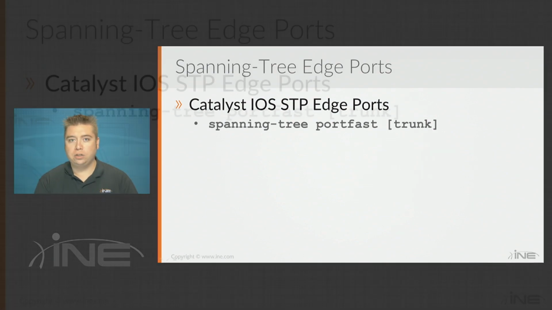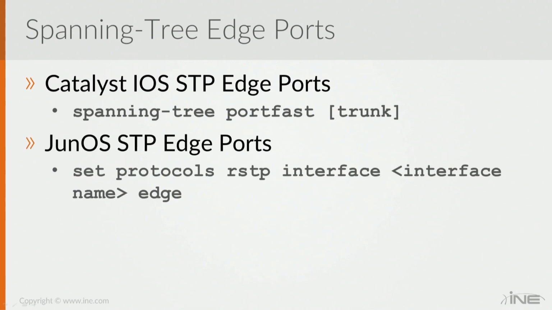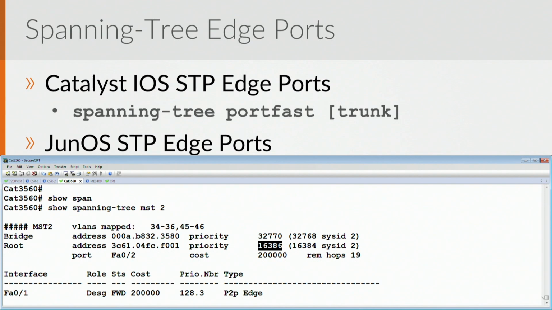In the case of Catalyst, we configure this with the spanning-tree portfast command, or if this was Nexus, this would be spanning-tree port type edge. In the case of JunOS, this is under protocols RSTP, or under MSTP, depending on what instance we're running, under the interface under that process, and then we simply say set edge. So for example, here, if we were to look at the